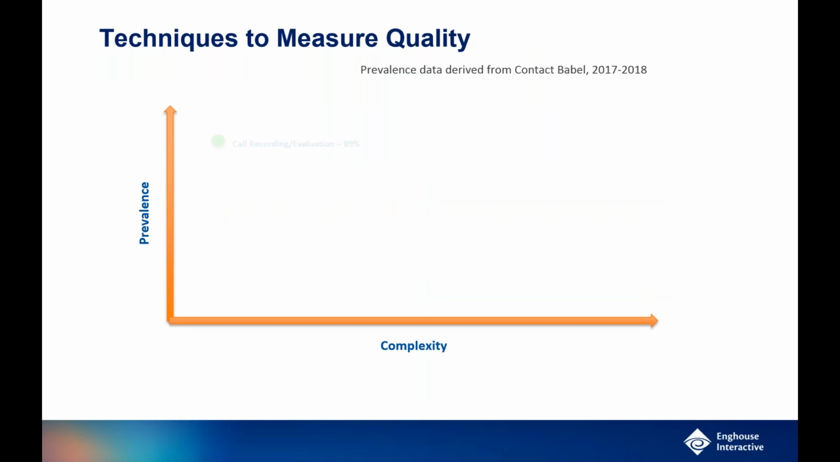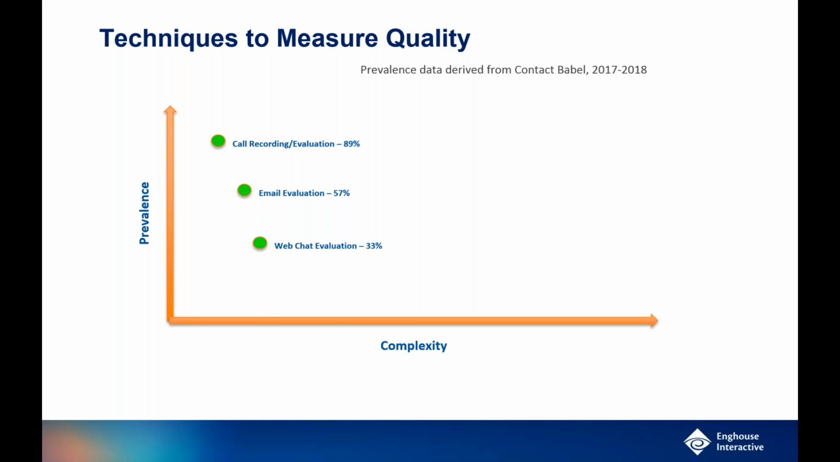So lastly, just in terms of the metrics coming out of these surveys, I think we wanted to take a look at the prevalence of the techniques used to measure quality. And again, this data came from the Contact Babel survey, in terms of measuring techniques versus the complexity of implementation of those techniques. So we took a stab at the complexity metric. The Contact Babel prevalence data is used for the prevalence, but they fall into a very interesting curve, starting with